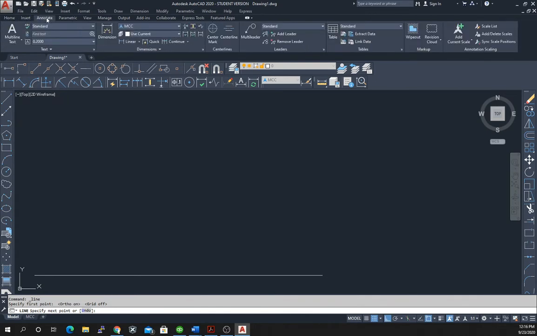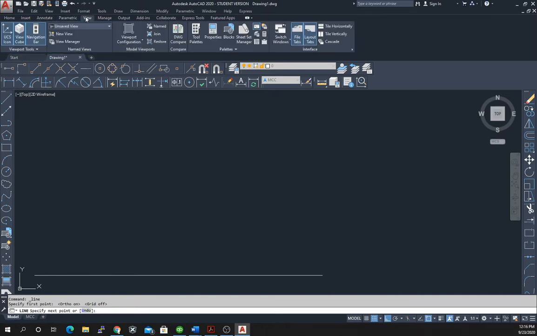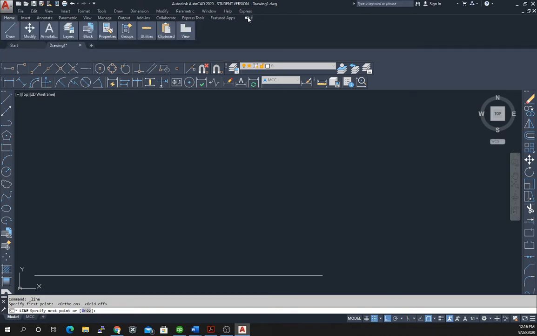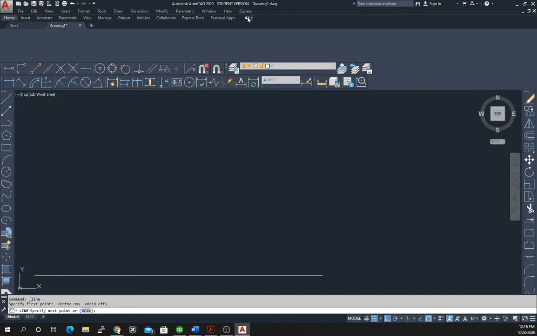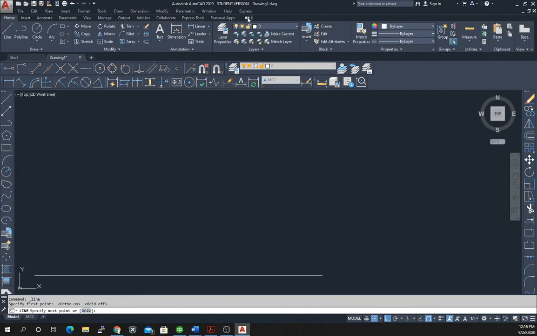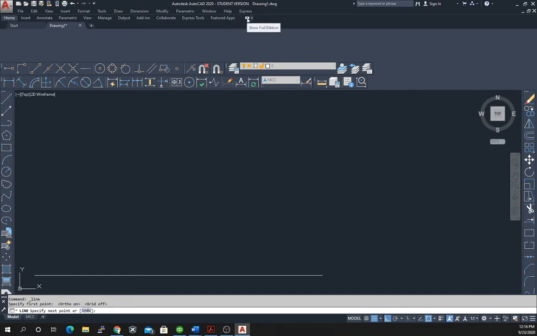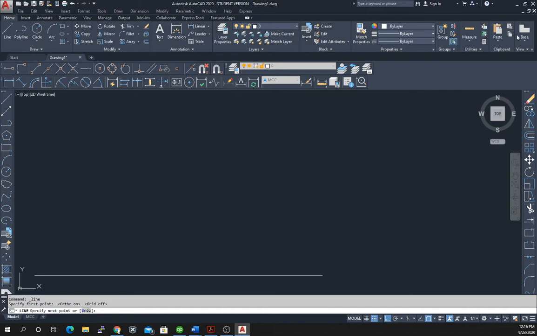If you're in Insert or one of these, Annotate, Parametric, etc., you're not going to see exactly what you want to be looking at. So you want to make sure this is at Home, so that we're showing all of this information. Let's hover over it so it'll show the full ribbon. So showing the full ribbon allows us to see this. So we go to the calculator,